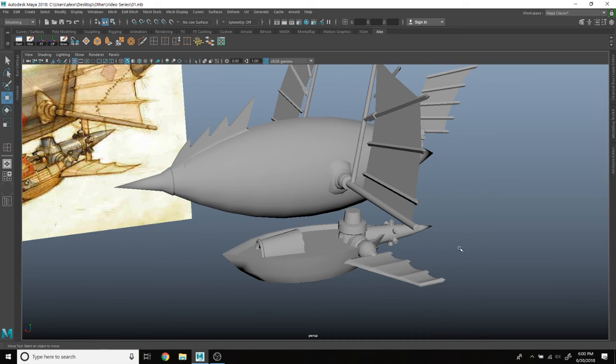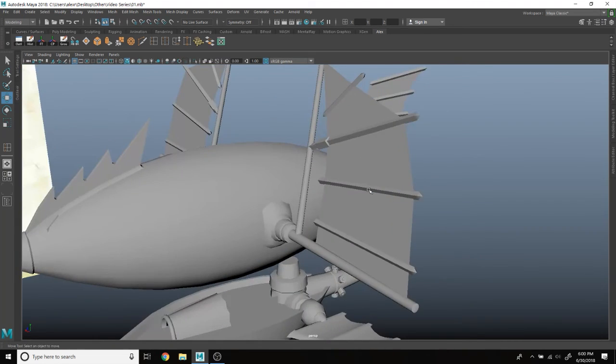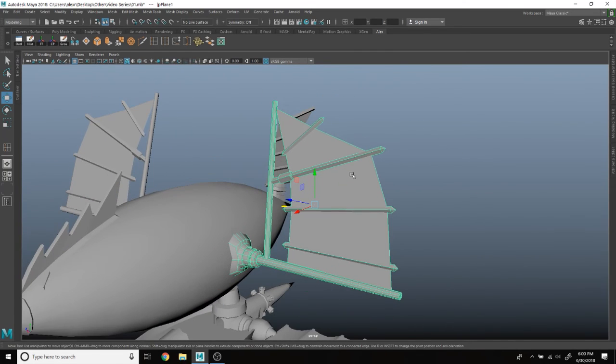Alright, save it. Now for these up here, I'm going to change them a little bit because it doesn't look